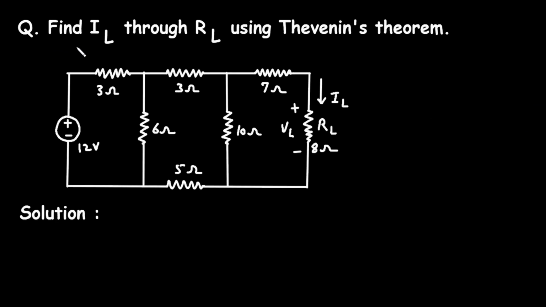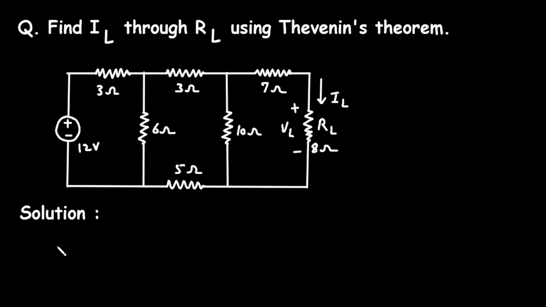In this video, we will see a problem on Thevenin's theorem. Question: find IL through RL using Thevenin's theorem. Here for this circuit, we have to find the value of this IL by using Thevenin's theorem. Solution: